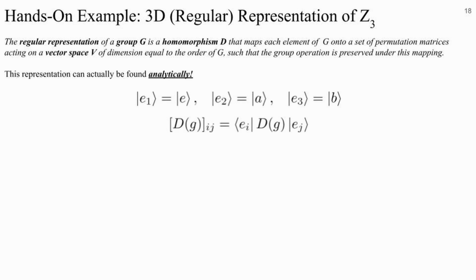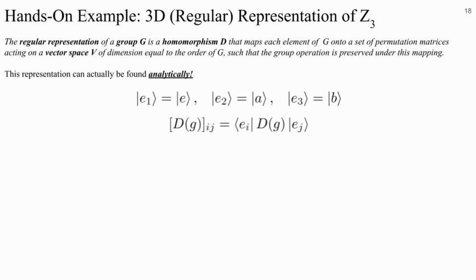This representation is a little bit special as it's the regular representation. What makes it the quote-unquote regular representation is the fact that each element of G is mapped onto a set of permutation matrices. The form of these permutation matrices is given below, where we map each of E, A, and B to E1, E2, and E3 respectively. In fact, this form lets us find the regular